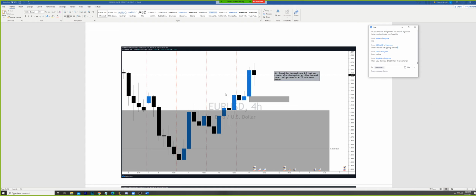So on this specific time frame, we do have this shift in mentfx block structure. Additionally, we have intermediary structure, candlestick-wise, which is starting to put in higher highs. Now, as it does this and it breaks higher, we leave behind imbalances. As you can see, most stuff gets filled on a specific time frame, but we leave behind this last down move, which we can refine to this zone, which, as you remember, can be refined to the last wick. So in this case, he had this last demand zone shown by the wick, which we'll again see on a lower time frame in a second, which is going to look most likely like an unmitigated demand zone. And as you can see, he found this demand zone 2.0 that was created after the tap into an older demand zone. So let's go down to the lower time frame to make sure it looks better.